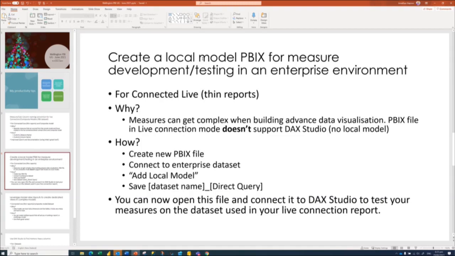it's a name that IMCA introduced me to this week, which I hadn't really heard of before, but I thought I'd mention it. So when I say thin report, I'm using it interchangeably with Live Connect or Direct Connect. Another way that Microsoft has described this method of connecting to a data set in the service and building a report on